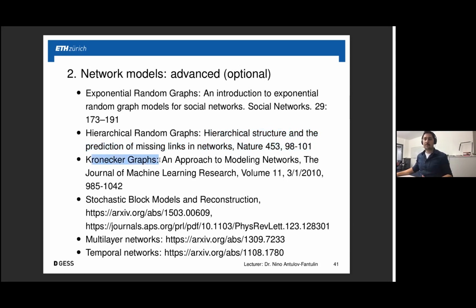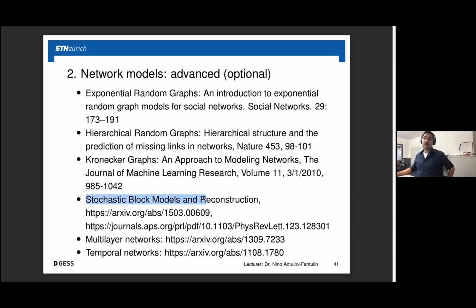And this type of generative model can create quite rich network phenomena. The idea is that you can take a real network and try to infer which kind of generators are most likely to generate the observed network. For this, you would have to do a type of inference called Markov chain Monte Carlo inference.